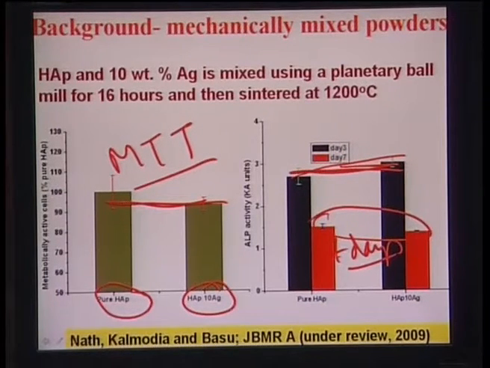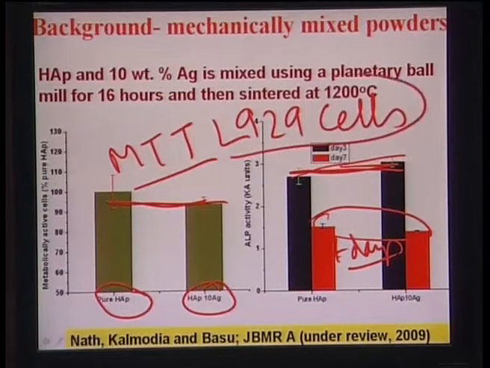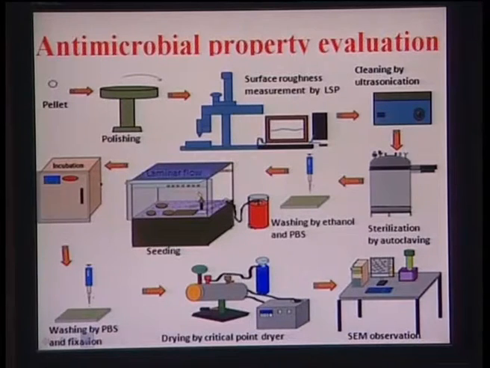All these results are obtained with the L929, that is, mouse fibroblast cells. So after 3 days and 7 days in culture, for the ALP and osteogenic differentiation activity test, what we find is that there is no statistically important difference when you add 10% silver to the hydroxyapatite. We have done the antimicrobial property test, which is the key property that was investigated in these